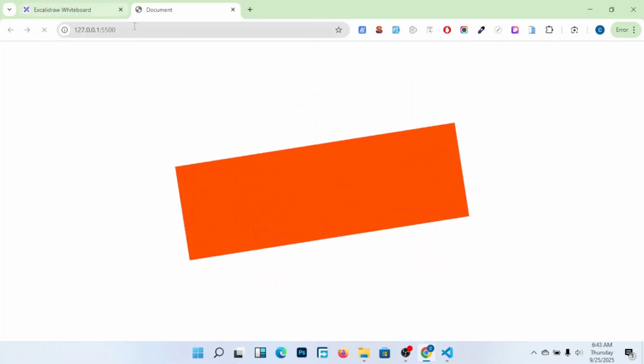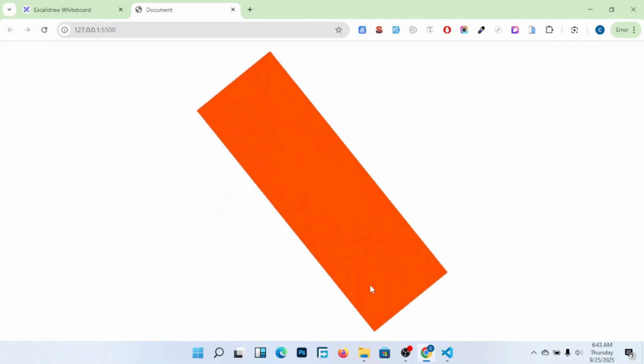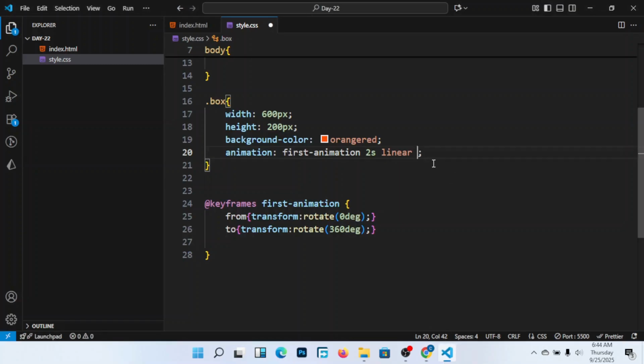It rotates only once. Are you seeing this? It rotates 360 once, like that. It's going to move one like this, 360 once. So if I put here, for example, twice,